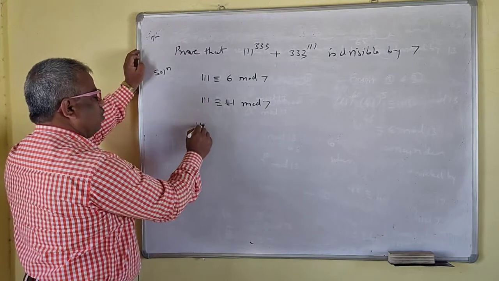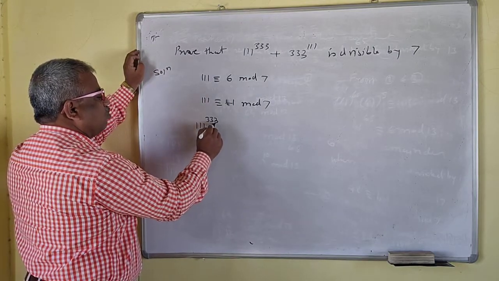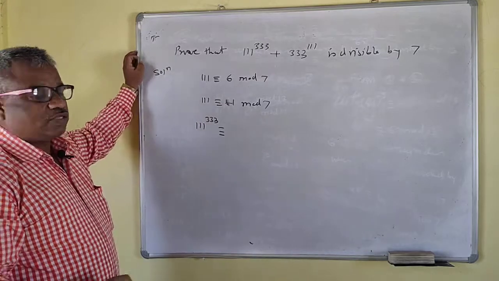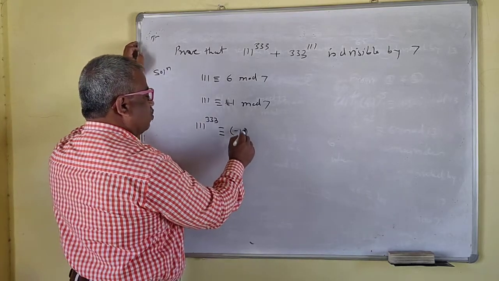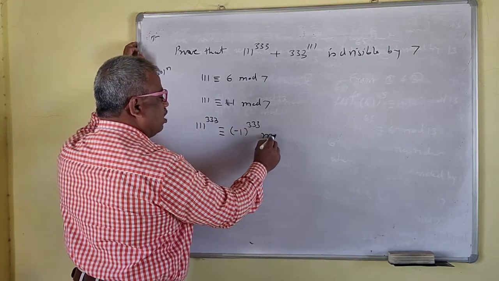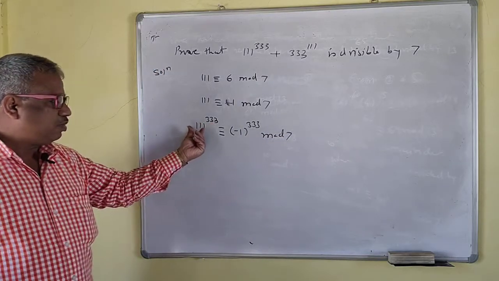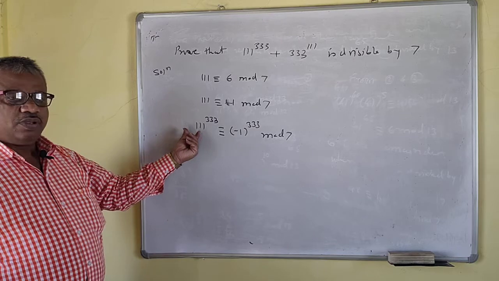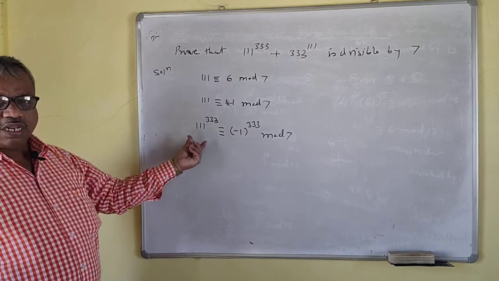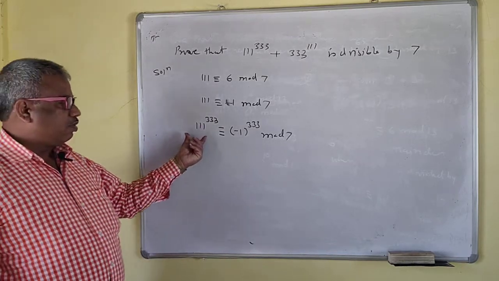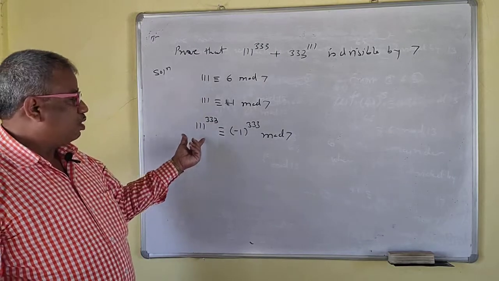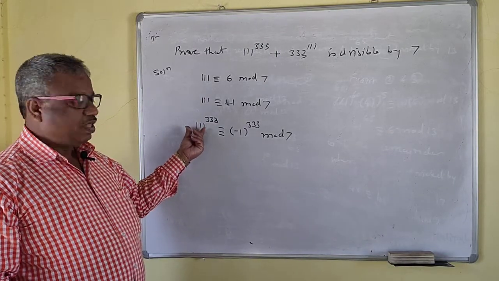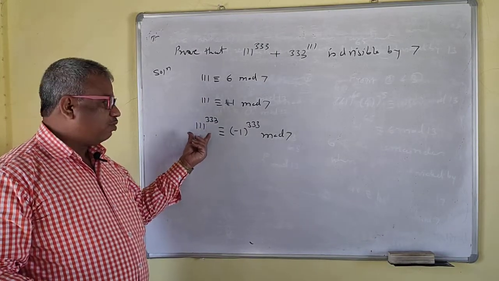333, 111. Because easily you can take the minus 1 to the power 333. Minus 1 to the power 333. Right? So see, you cannot do this. You cannot find the value of this one manually. It is very, very, very difficult. With the help of the computer also, calculator also, you will get an error. With the help of a scientific calculator also, this will be an error. You cannot find the value of this one.